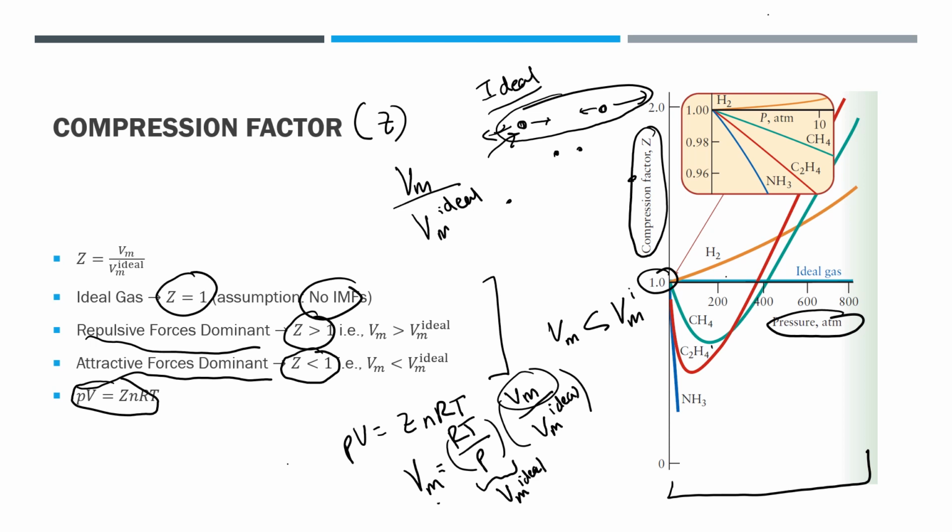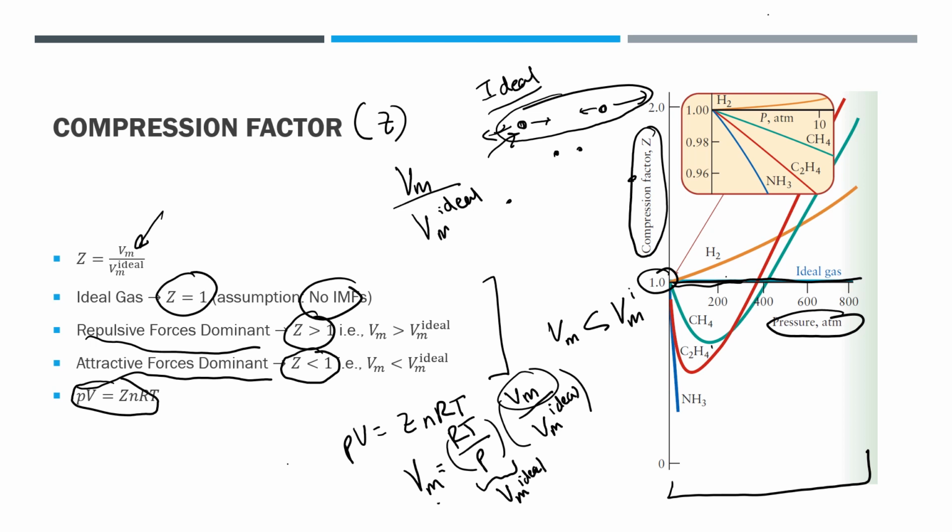That makes sense because V molar over V mol is going to equal V molar ideal for an ideal gas. And so we're going to have Z equals 1. And remember, our assumption is that no matter what the pressure is, we don't see anything changing with pressure. There's just no interactions, right? So our compression factor is always 1. But for real gases, you can see that this is obviously not the case, right?